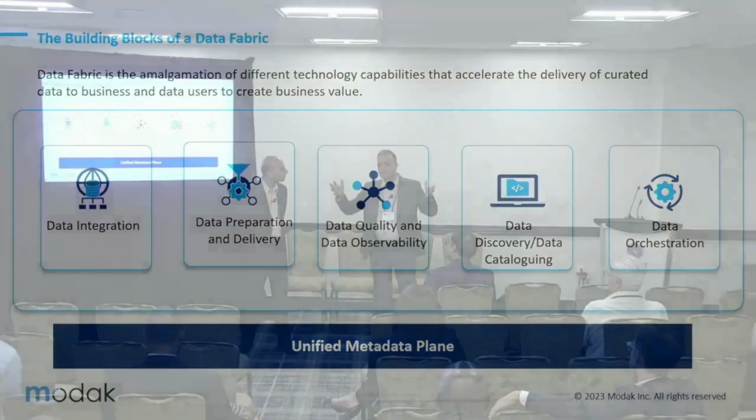Now all of this needs to talk to each other. These are distinct capabilities which enterprises already have. So this is not new capabilities we are talking about. But the problem is, how do you ensure that these capabilities are talking to each other? That's where the unified metadata comes in, and all these capabilities put in the same metadata, and that's where you have building blocks for your data fabric. I might even have a slide for you on that. Yep, unified metadata. So this is a great point.